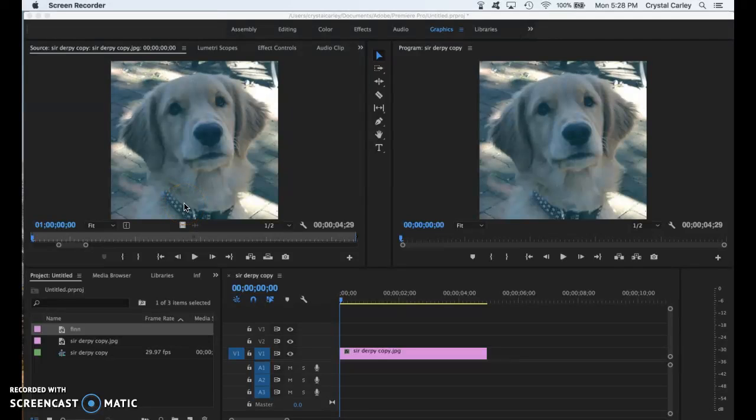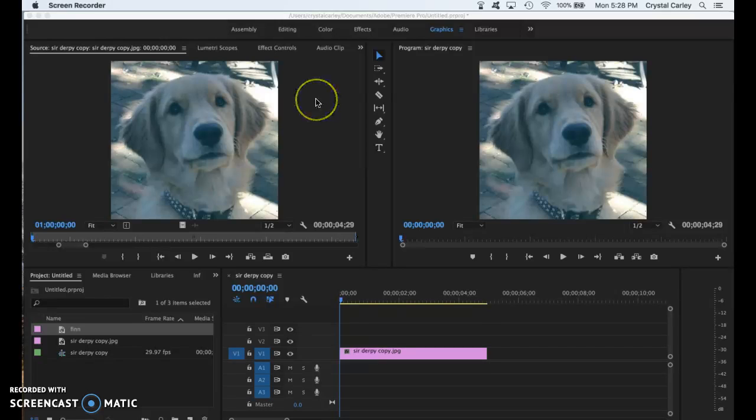Okay, I'm going to show you how to make a title. This would be if you wanted to make a big title for the beginning of your film, or if you wanted to make just a name card for one of the people. So here I've got a picture of my dog Finn, labeled Sir Derpy, and I'm going to put his name on it like you will do for your editing project in your documentary where you're going to add people's